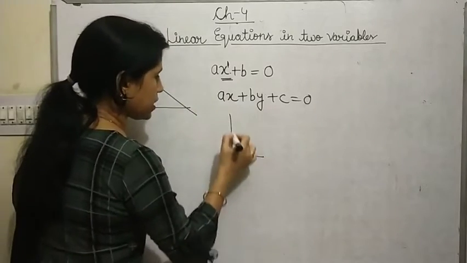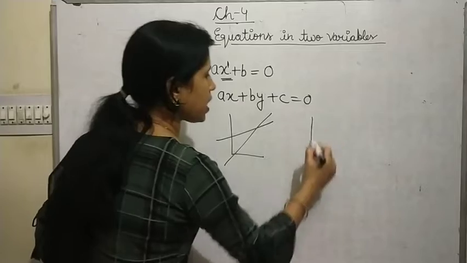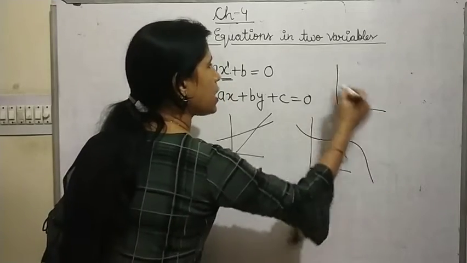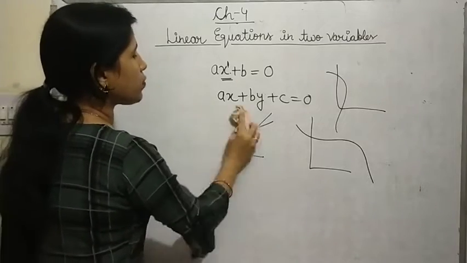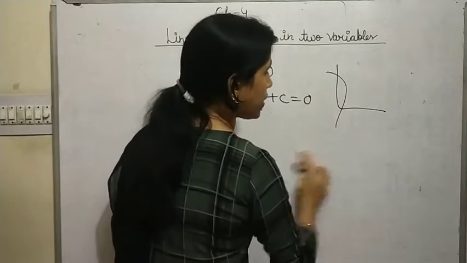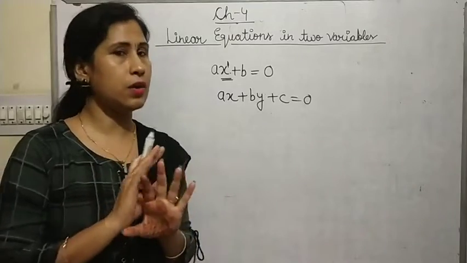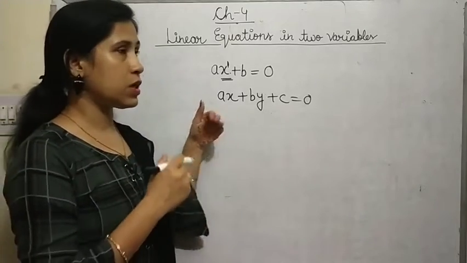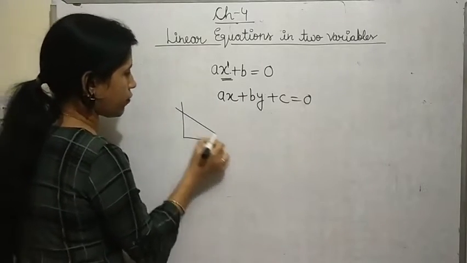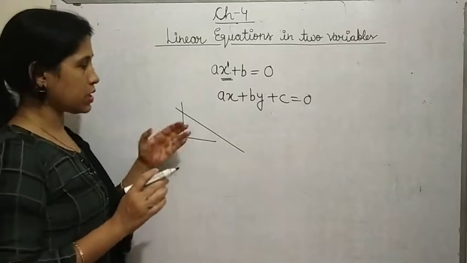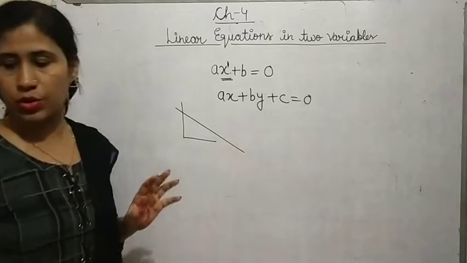It can be like this, from the origin also, however it will be, but it can never be like this to this and like here to here. Wherever the line comes, any form of line can come, but it will always be a straight line. That is the identification that whatever coordinates you have taken are correct. If your graph is moving here and there, your line is not coming straight, then you have done something wrong in the calculation, or somewhere you have taken a wrong coordinate, that's why it is not coming straight. So by this also you can identify.